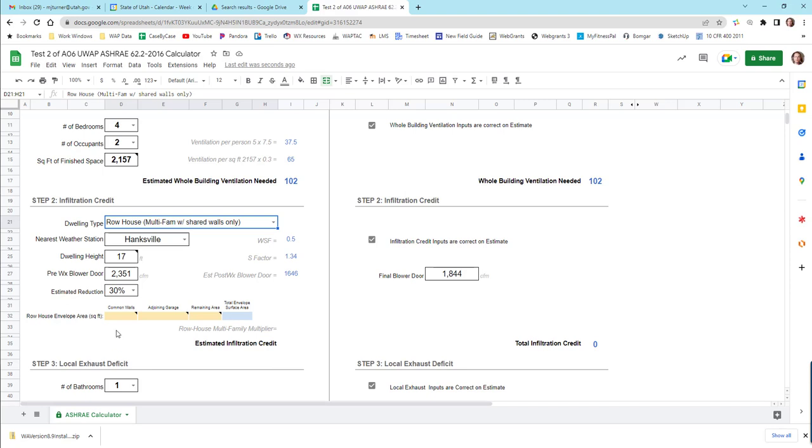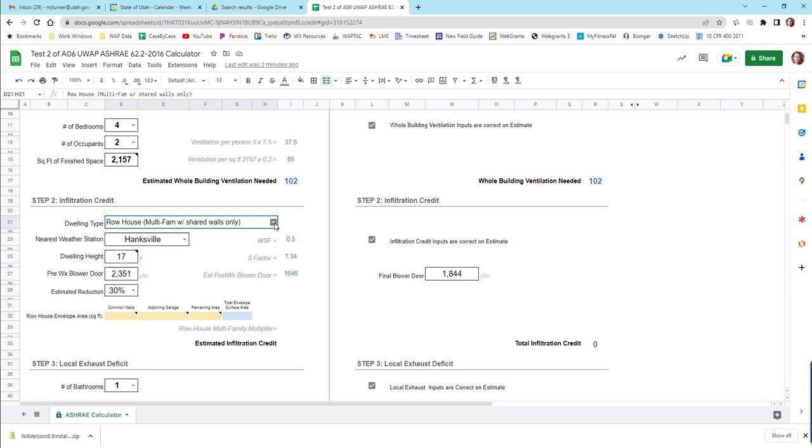So in order to calculate what that is, we need to figure out what the surface area of the adjoining or the common walls are. The surface area of all the walls on the pressure boundary and any floors or ceilings that would adjoin with a garage, and then we need to know what that remaining area is so that we can figure out what this fraction of the enclosed area compared to the rest of the house is. And when we do that, it's going to give us what I'm calling a row house multifamily multiplier, and you'll notice that